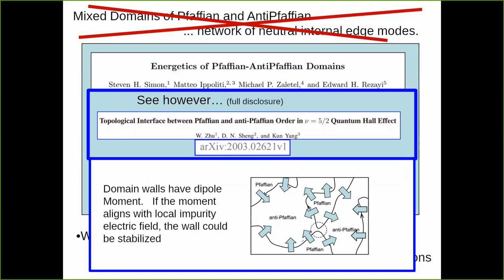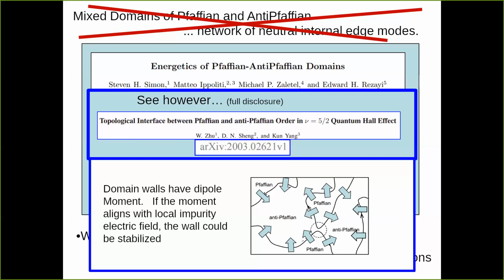Now, we're trying to balance some bulk energy with some boundary energy. And so the domains here would have to be pretty small for this story to make sense. You'd have to have fairly small domains and fairly large electric fields in the sample, but it didn't seem to be completely out of the question that such a thing could happen. So Ed Rezayi and myself have been back at the drawing board trying to see whether there's any circumstance in which this story actually will hold water. As of yet, our tentative conclusion is that it still won't work, that you still can't get multiple domains, but we're